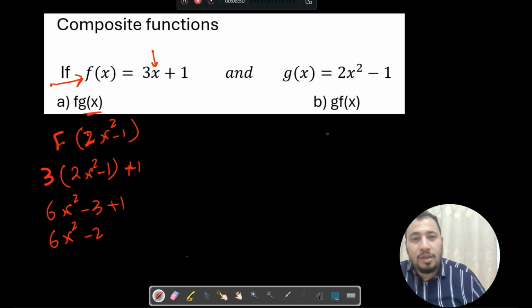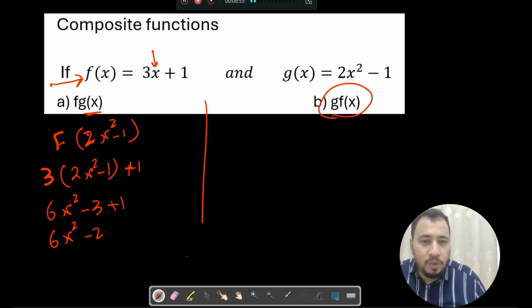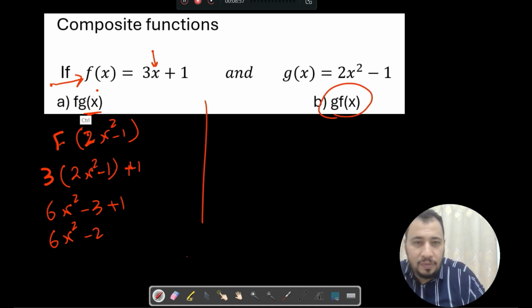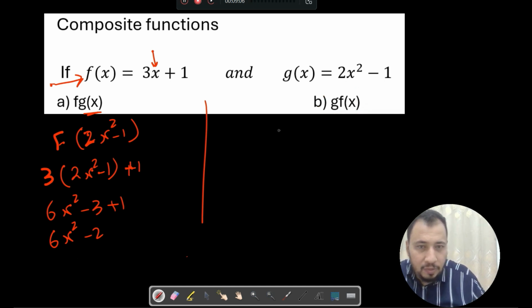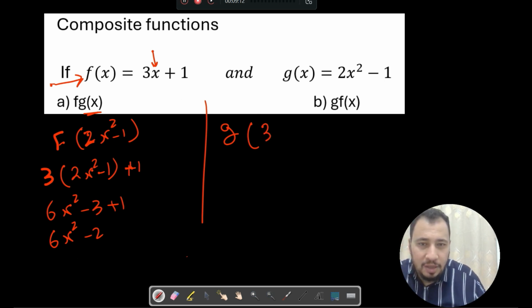Okay? Let's go to question B. Here, g f of x, which is the opposite of that. G of f of x, I'm always starting with the function on the right over here, f of x. So it's going to be g, and instead of f of x, I'm going to write its value, which is 3x plus 1. Then again, I'm going to function g,